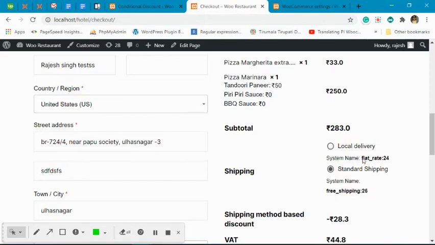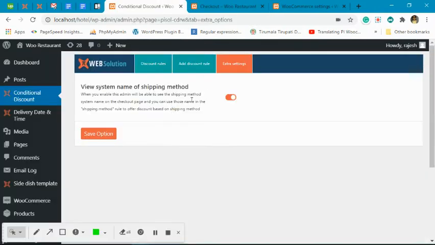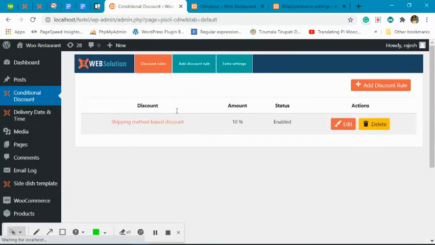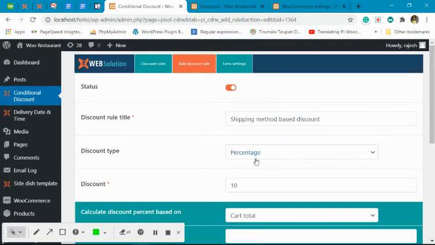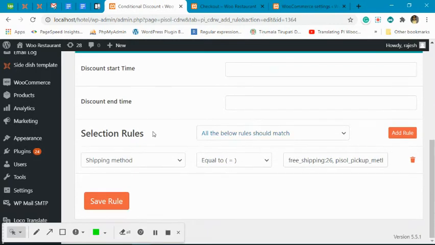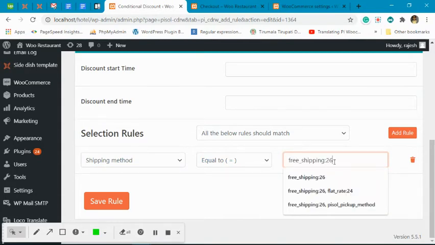Now say for example, I want to offer a discount for the local delivery or say standard shipping. So I will copy the free shipping 26 value and then I will go to the discount rules. I will add the discount rule, create the normal discount rule like you do, and you have to select shipping method rule equal to, and then you have to paste the shipping method